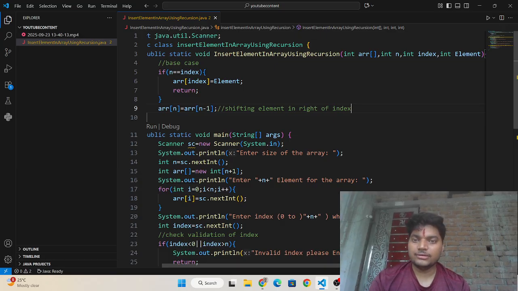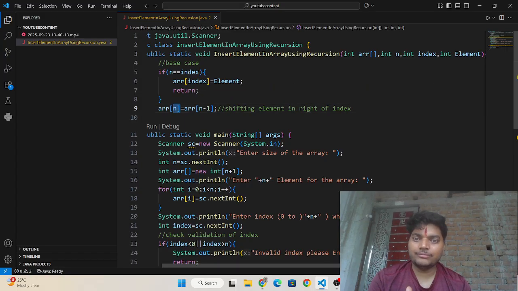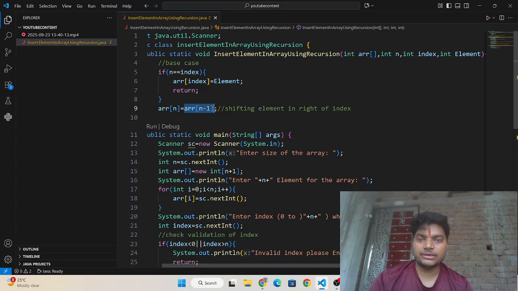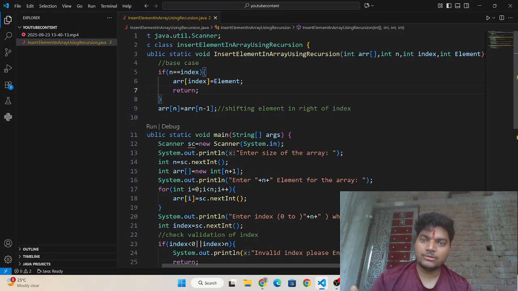Okay, and here at 5, element 4 is going to store. Okay, and this process will keep running till we get the index. If we get index and I have put element at index, then this will return, means our process is going to stop. Okay,